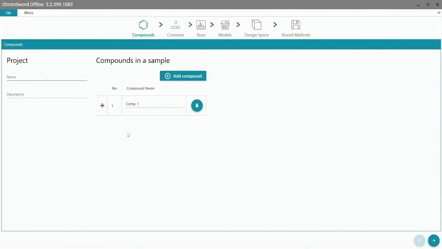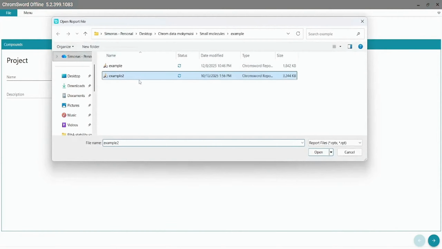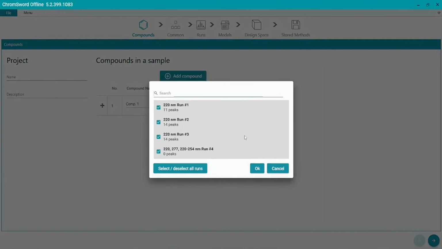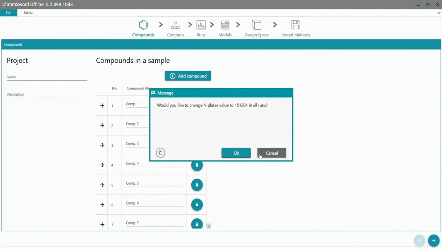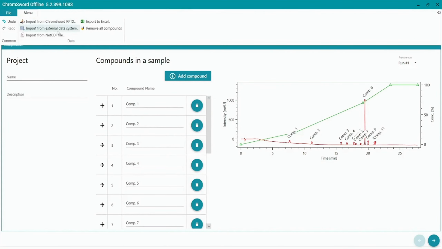ChromSword Offline has the ability to import data from different chromatography data systems, such as Chromeleon or OpenLab. But for this video, we'll be uploading data from ChromSwordAuto. This can be done by choosing the menu tab in the Compound section and clicking Import from CSRPTX and selecting the desired data file. For importing data from external chromatography data systems, click Import from external data systems and click on the desired data